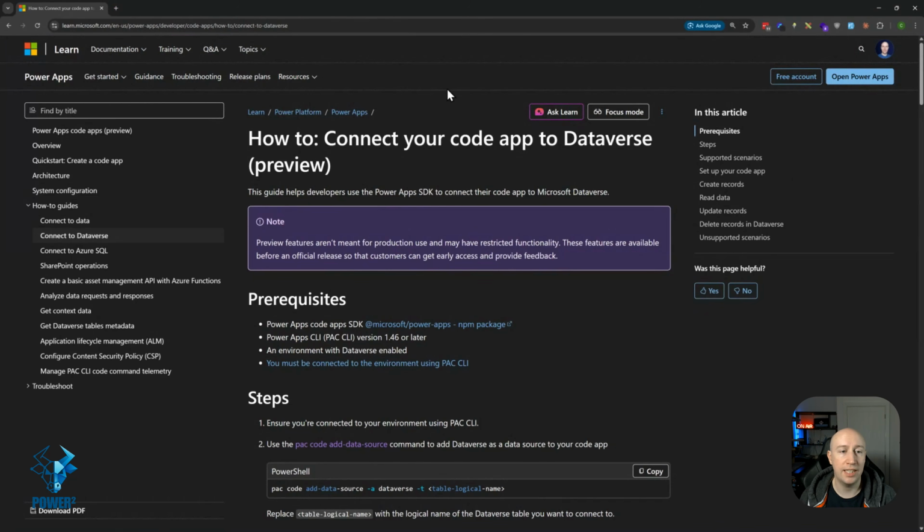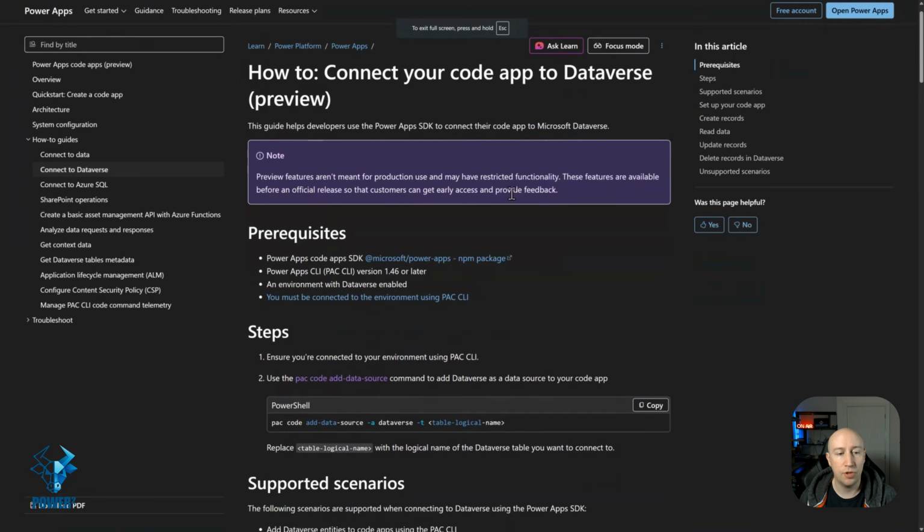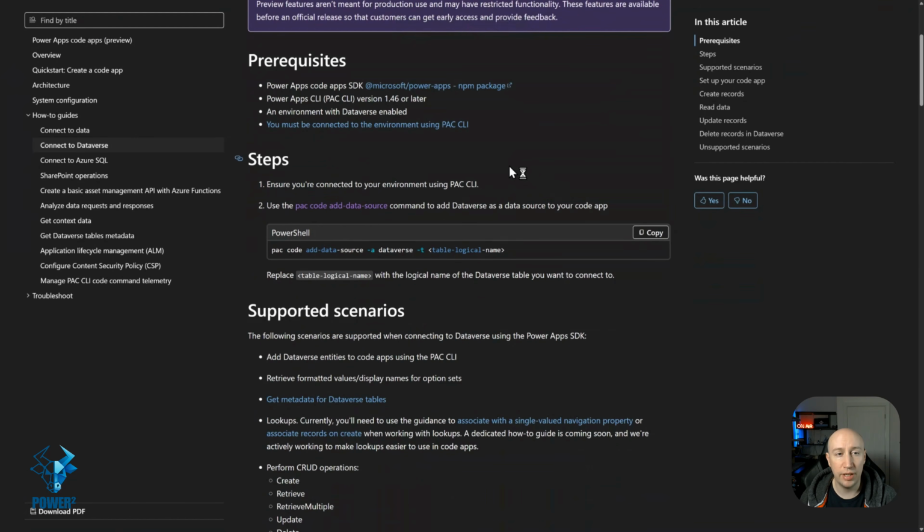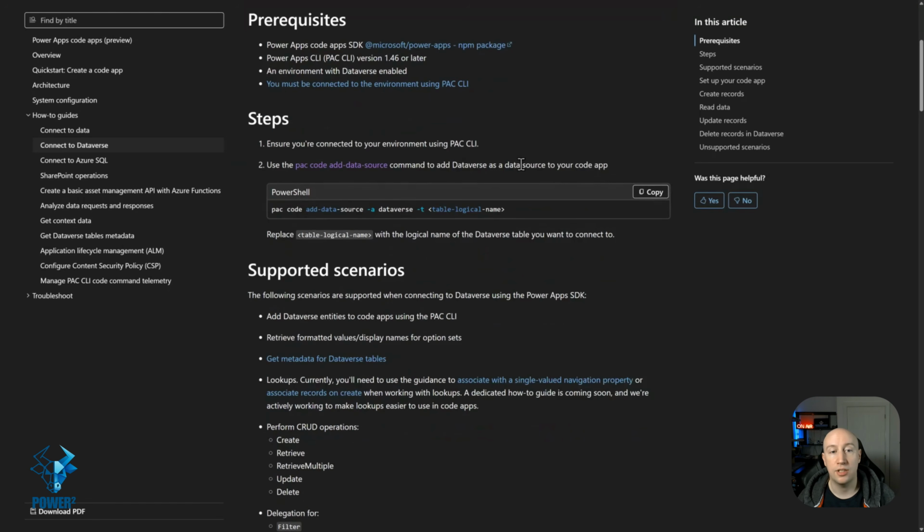So in the documentation here, we've got how to connect your code app to Dataverse. And as we scroll down, you can see that there are some prerequisites. So you need the Power Apps Code Apps SDK, you don't need to worry about that. Pack CLI, you don't need to worry about that. An environment with Dataverse enabled, and so on. We've already done all of this stuff. We don't need to worry about it. So that's amazing. All we need to do is go to the steps. So ensure we're connected to our environment using the Pack CLI. We've already set that up. So it's actually only one thing that we need to look at, which is adding that data source to our